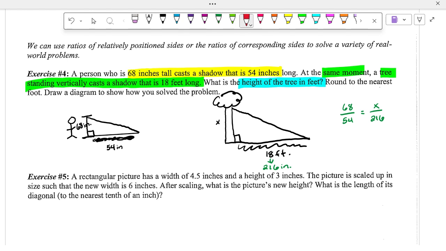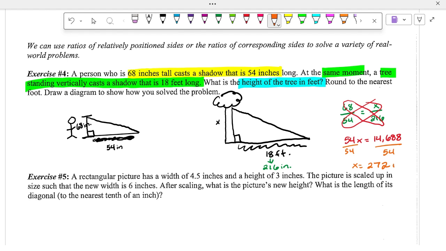Cross multiply. So 54x is equal to what? What's 68 times 216? 14,688. So what's the only thing I got to do? Divide both sides by 54. So what's x equal to? 272